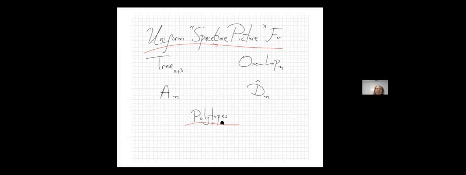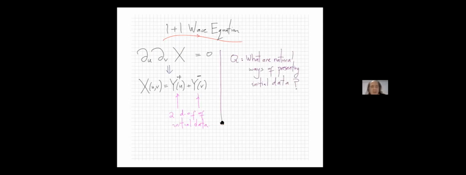And I'm going to do it from the perspective of the wave equation that we've talked about before in the context of the Surfacehedron, but it's going to even be a slightly different point of view than we had before. And from this new point of view, as you'll see, there's a totally uniform way of talking about these two cases. So let's go back to think about the wave equation in 1+1 dimensions. So it's du dv x equals 0. We'll come back to add sources in a moment.